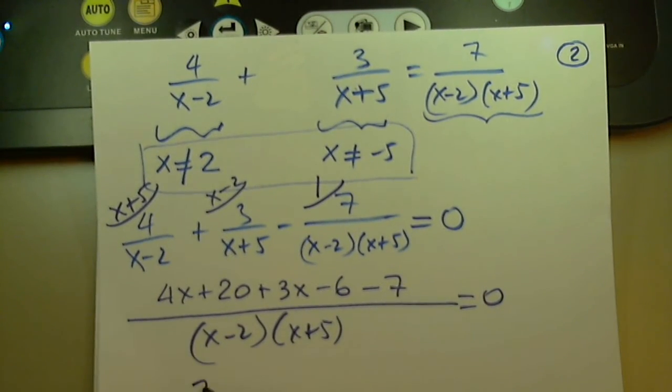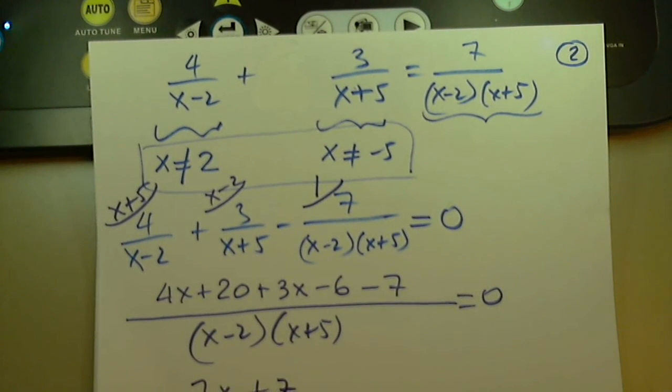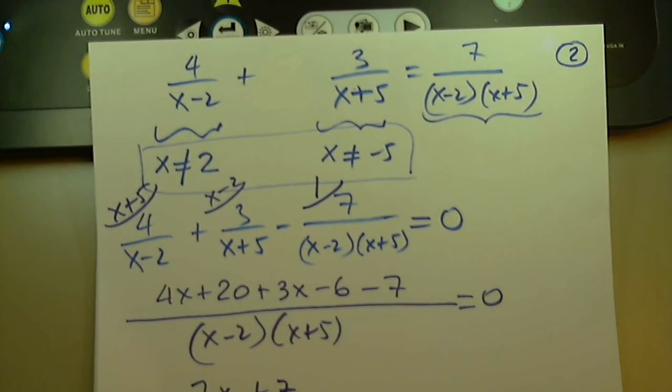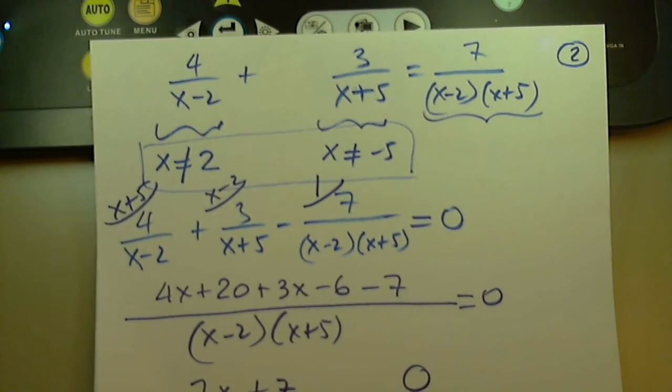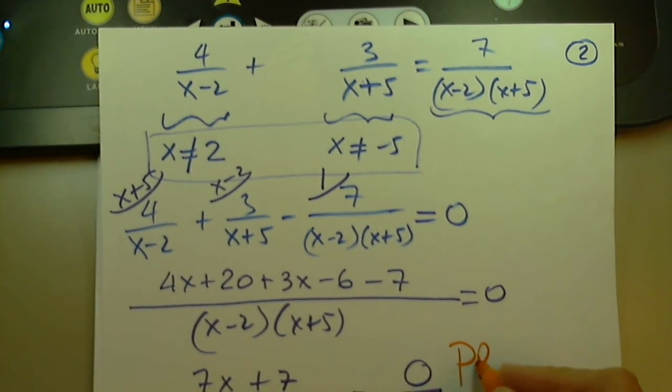And I have 7x, and this is 20 minus 13. So this is plus 7 divided by x minus 2 times x plus 5 equals, and I said, with your agreement, I will write 0 as 0 over 1, only to make a point. It's the same thing. 0 or 0 over 1 is the same thing. But here's the point I'm making, that this now is a very important